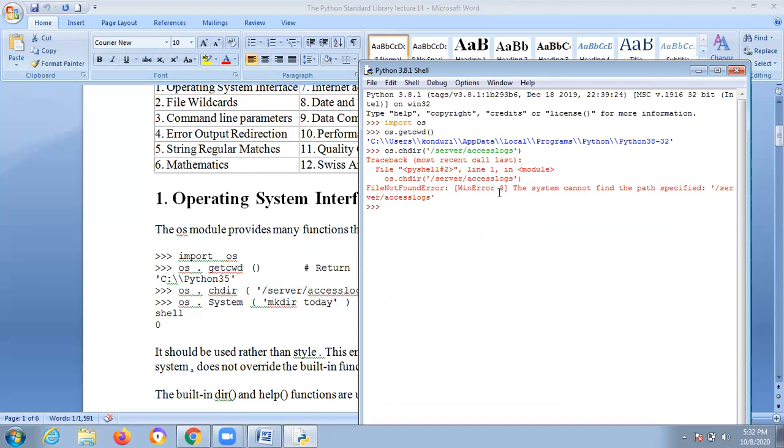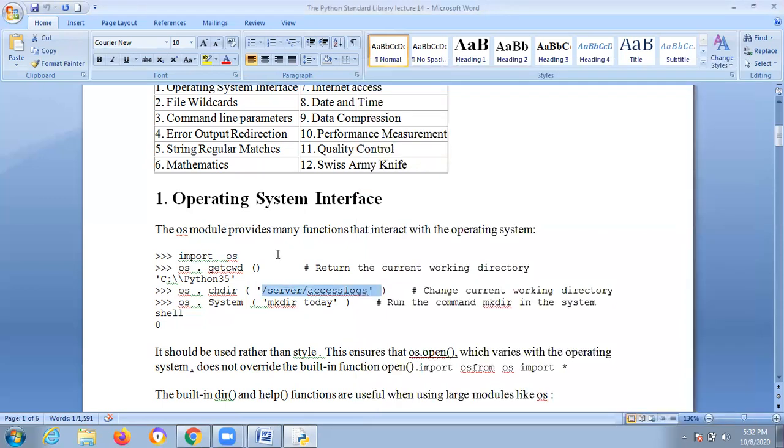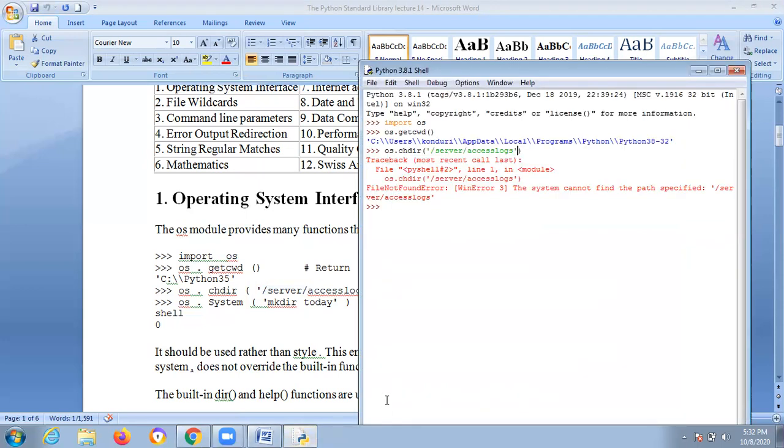Okay, so run the command mkdir in the system. How will we run this? First, os.system, mkdir today, and it returns -1.